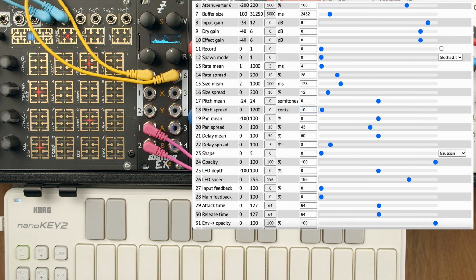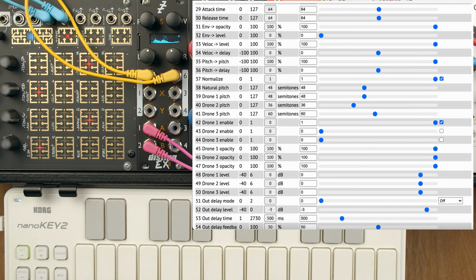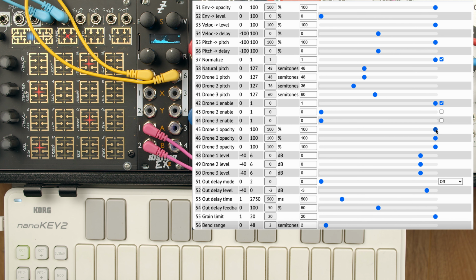Okay, so that's your basic grain parameters. The next one I want to talk about is this opacity thing. Now the grains have their own opacity controls, so we'll skip down to here. So opacity basically randomly prevents grains from playing. So if you imagine the grains as this kind of big washy cloud of sound, then opacity breaks down that dense fog into a kind of mist so that you can see gaps through it. So basically it's just knocking grains out,